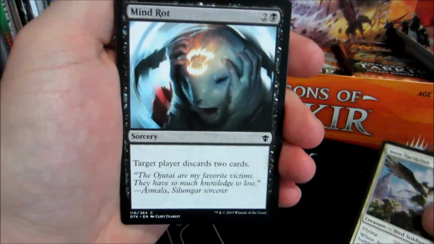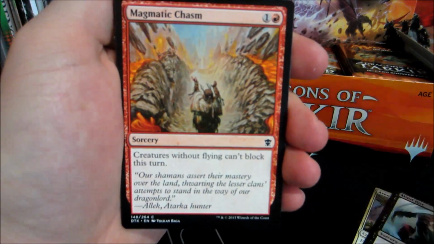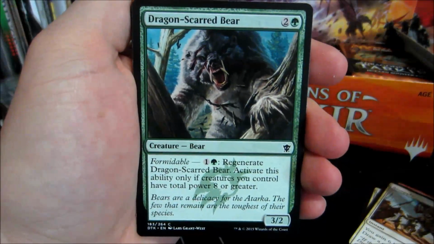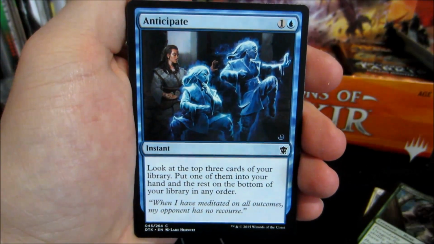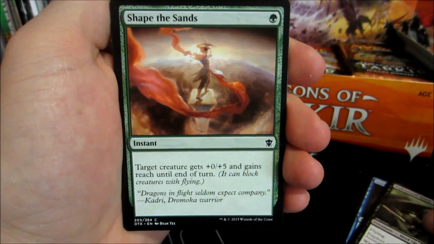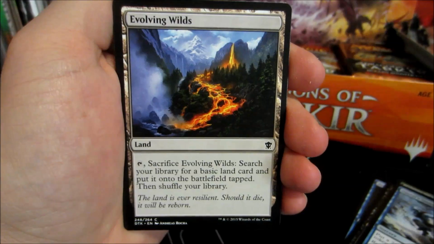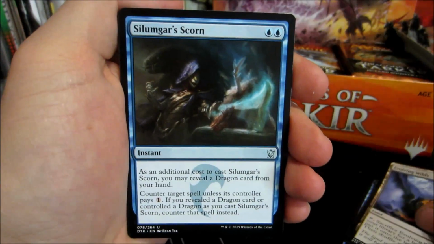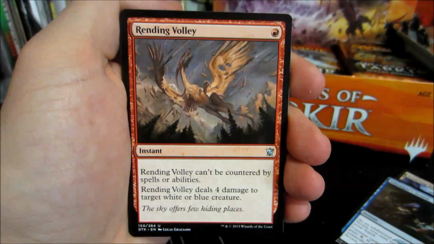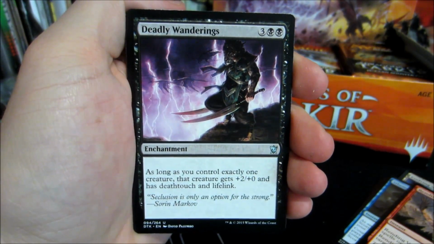Even Tactician. Wonderful Mine Rot. Magmatic Chasm. Resupply. Dragon Scarred Bear. Anticipate. Vulturous Haven. Shape the Sands. Ojutai Summons. And an Evolving Wilds. First uncommon is a Silumgar Scorn. Rendering Volley. Death Wanderings. And our rare,